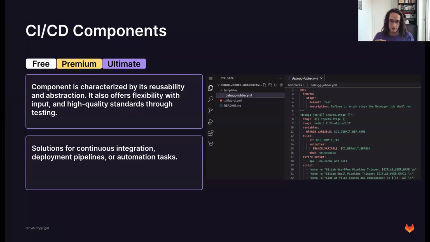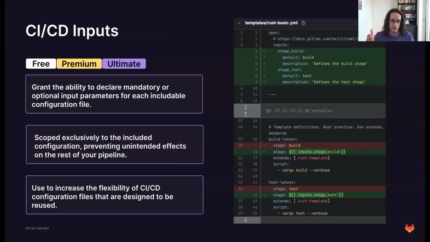The thing with components is that, as you can see on the right side of the screen, they are literally like templates, but the big difference is that, yeah, exactly, this is what I want to talk about. You have inputs, and this is the most important thing about components. Yes, it's a very nice thing that we have the catalog and you can store your components there.